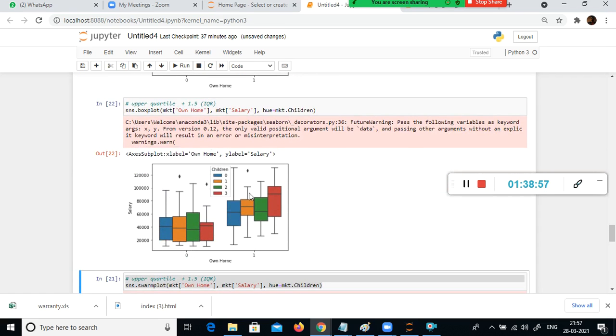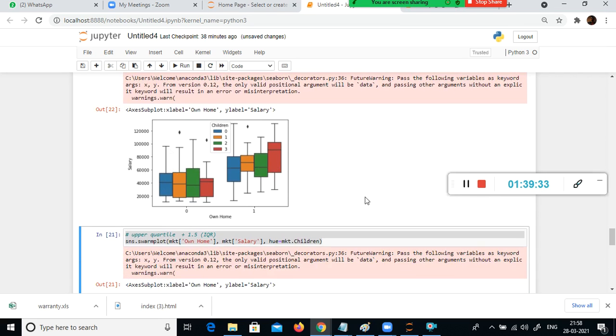So when you look at this one for children, what I did was own home, salary and children. 0 means they don't have children. 1 is they have children. 1 child, 2 children, 3 children. This one is 3 children. These people don't own the house. They are living in a rental house. Rental house, own house. In the case of rental house, some families don't have kids, some have 1 kid, 2 kids, 3 kids. And when it comes to own home, this is the thing, right? They have 3 kids, and this is my salary. Okay, on the y-axis I plotted salary.